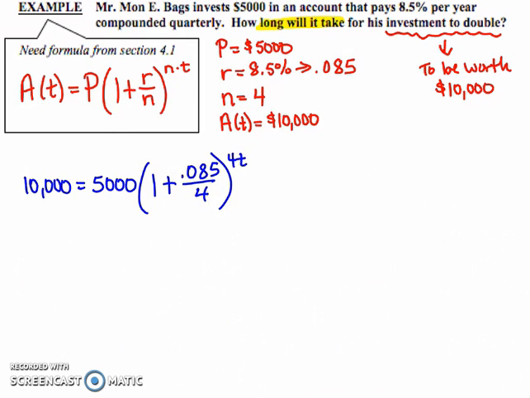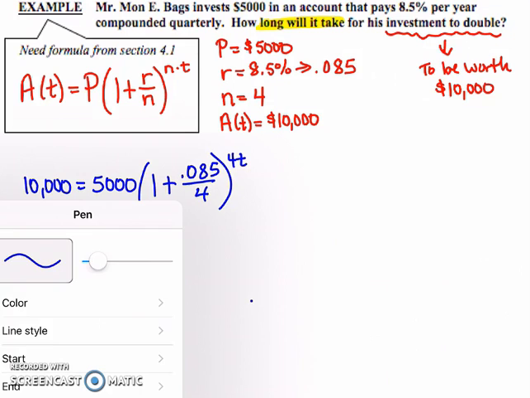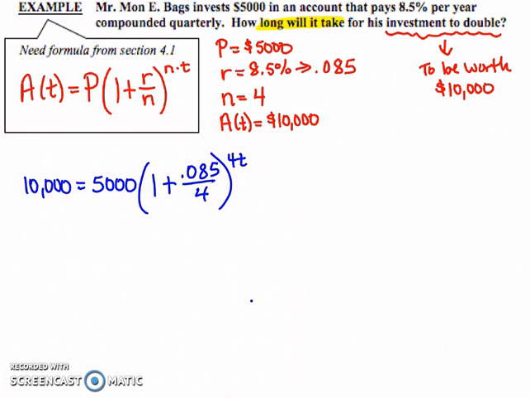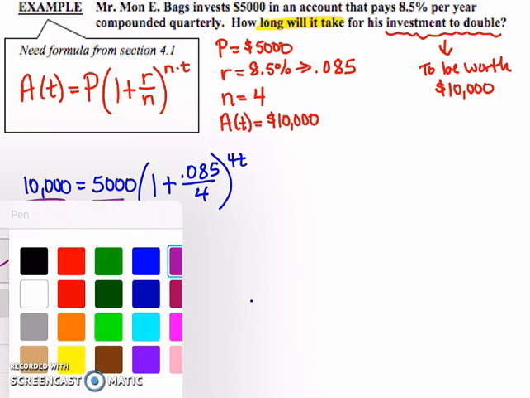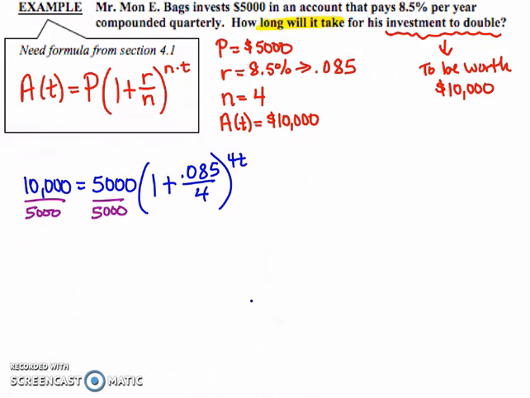And now this problem just becomes an order of operations problem. We know that we have our variable up in our exponent, so at some point, we're going to have to change form here. But we don't want to change form until we get rid of that 5,000 that's in front of the parentheses. So our first step has to be to divide by 5,000. Okay, that's going to be our first step. So after we divide by 5,000, then we're going to have 2